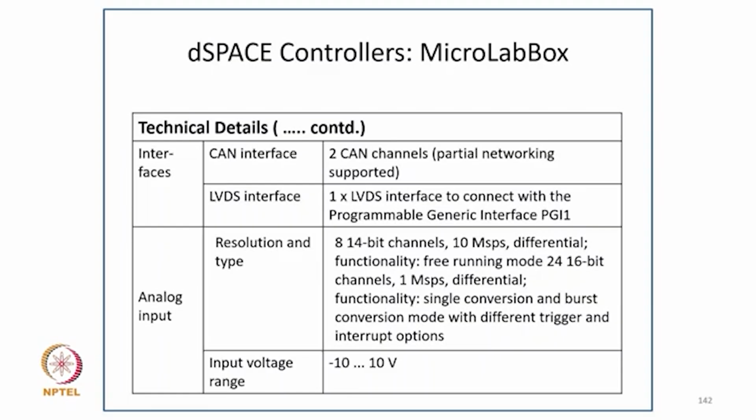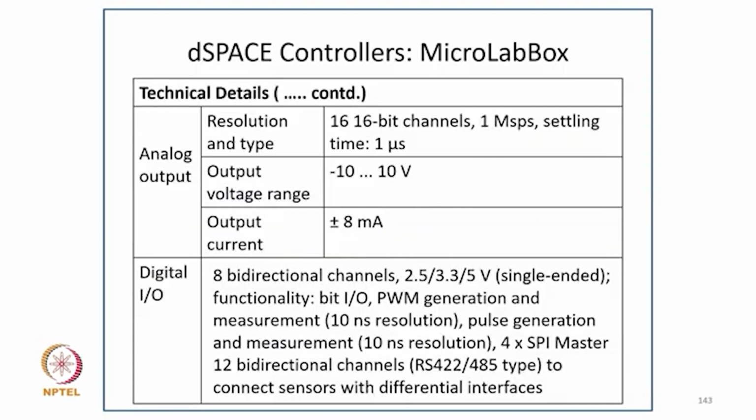PGI1. Analog input resolution and type: 14-bit channels, 10 megasamples, differential functionality, free running mode; 24 16-bit channels, 1 megasample, differential functionality, single conversion and burst conversion mode with different trigger and interrupt options, and input range is -10 to +10. Analog output resolution and type: 16 16-bit channels, 1 megasample, settling time 1 microsecond, output voltage plus minus 10 volt, output current plus minus 8 milliampere,